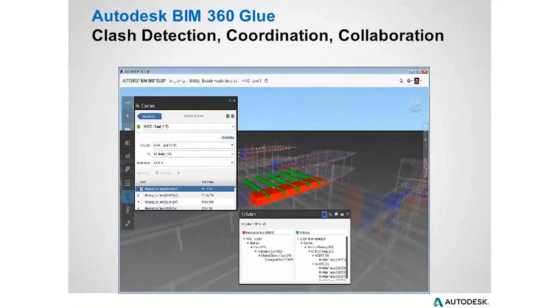And you'll see that as these clashes occur, of course, anything that's red is bad, right? For some reason, red is always bad. You can send an email to the team, and you can let them know that there is a clash and that you need them to fix it. And then the team themselves, they don't have to wait for you. They can go back in and make sure that the changes that they made don't create any additional clashes, because that does happen a lot, right? So this is BIM 360 Glue. Once again, supports over 50 different file types, lets you take your model, put it together, and then check it out and make sure that there aren't any clashes.